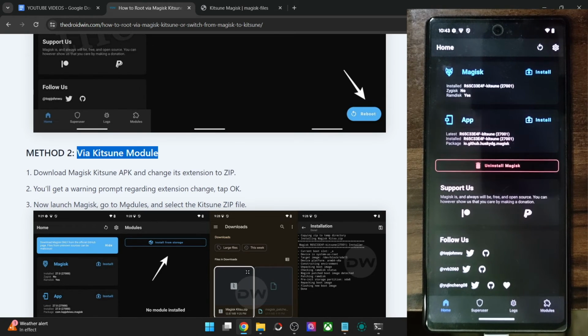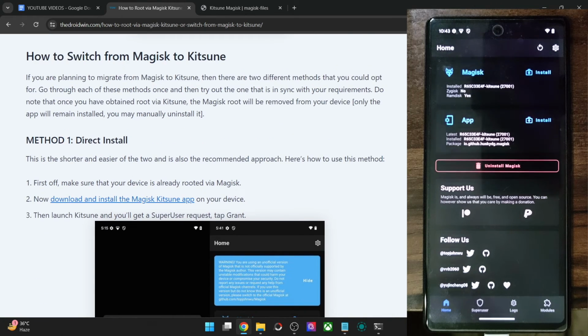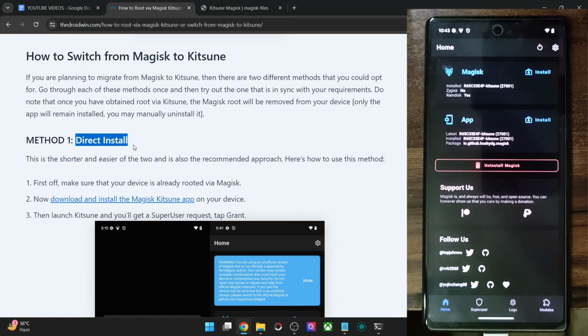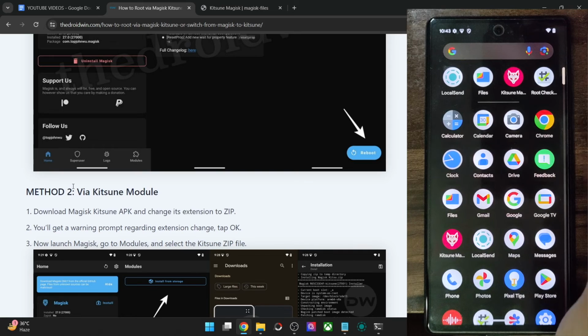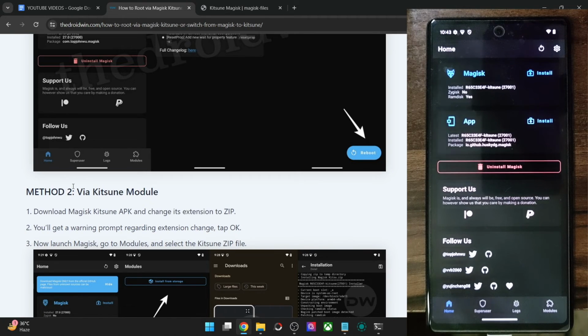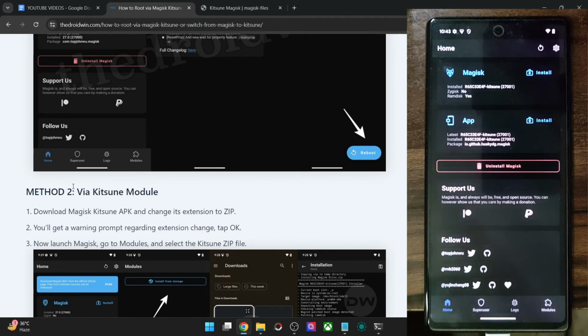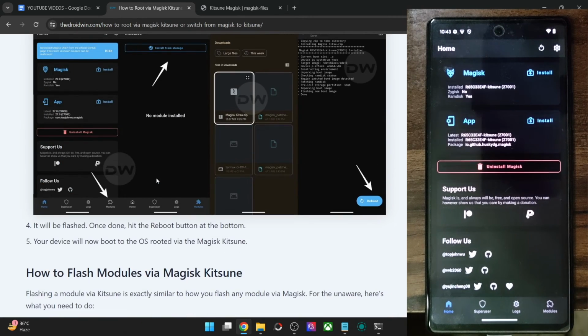So in the first method, you are dependent on both the apps. You cannot uninstall or remove the official Magisk app. You will have to keep the official Magisk app for the Kitsune app to have root. Whereas in the second method, as you could see, we could easily uninstall and remove the official Magisk app, but we still have the root via the Magisk Kitsune. So this is the observation as of now. This might change in the near future with a newer build, and I will do an update then and there. But for now, this is how things work.